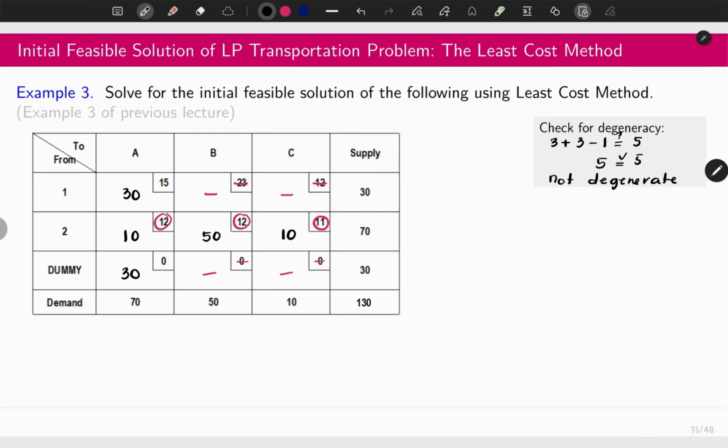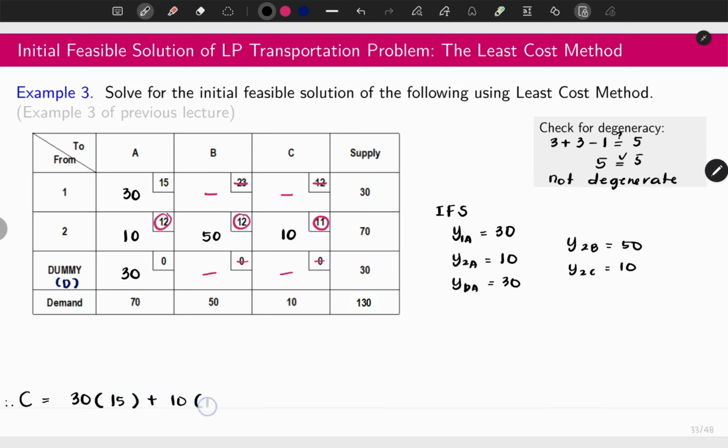I will write the initial feasible solution here. Take note that, again, the initial feasible solution tells us how many will be transported from the source to the destination. So, let me just write them. Here's the initial feasible solution. Let us now get the associated initial cost. Therefore, the initial cost is